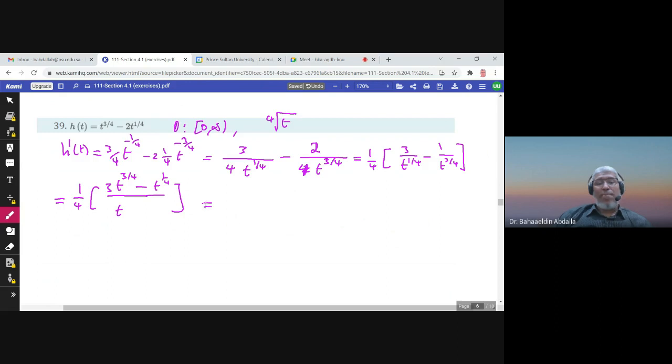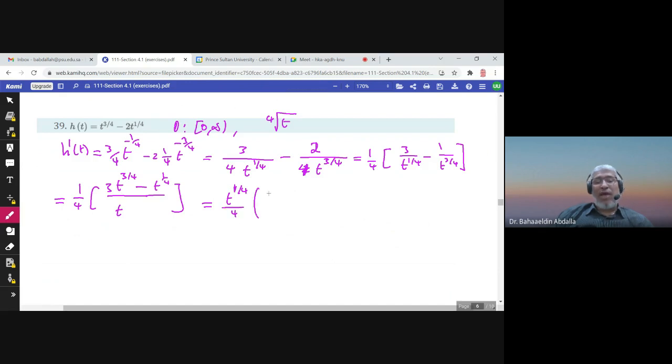And now I can take t to the power 1 over 4 as a common factor because it is the smallest power. I could have done this from the beginning of the question, but it's okay. So if I take t to the power 1 over 4 as a common factor,